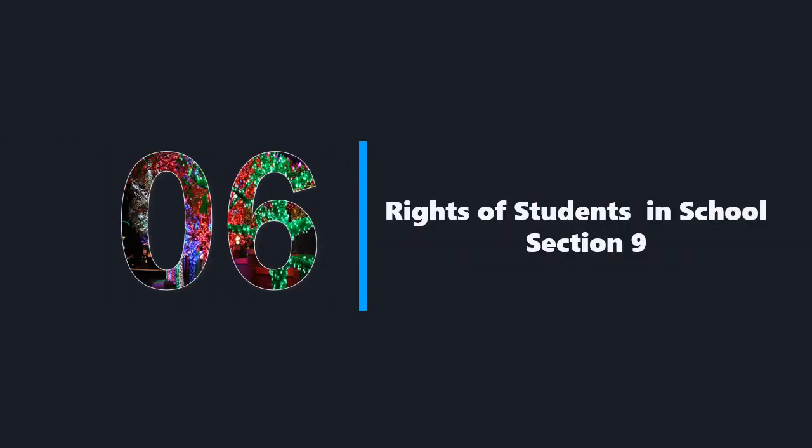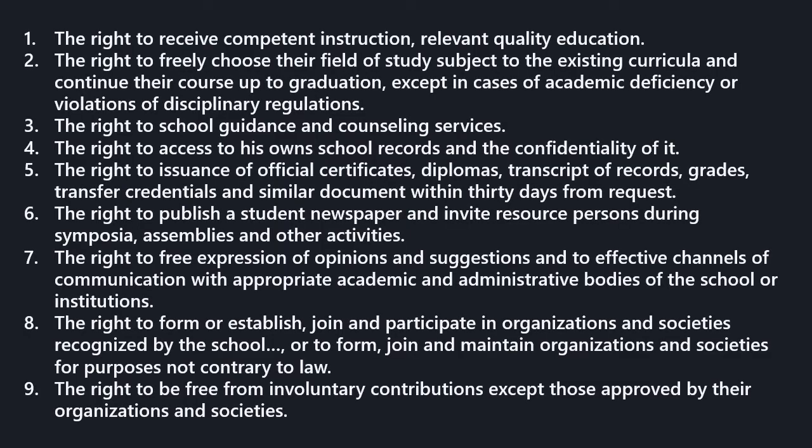The following are the rights of students in school according to Section 9. The right to receive competent instruction, relevant quality education, the right to freely choose their field of study, subject to the existing curricula and continue their course up to graduation, except in case of academic deficiency or violations of disciplinary regulations, the right to school guidance and counseling services, the right to access to his own school records and the confidentiality of it, the right to issuance of official certificates, diploma, transcript of records, grades, transfer of credentials, and similar